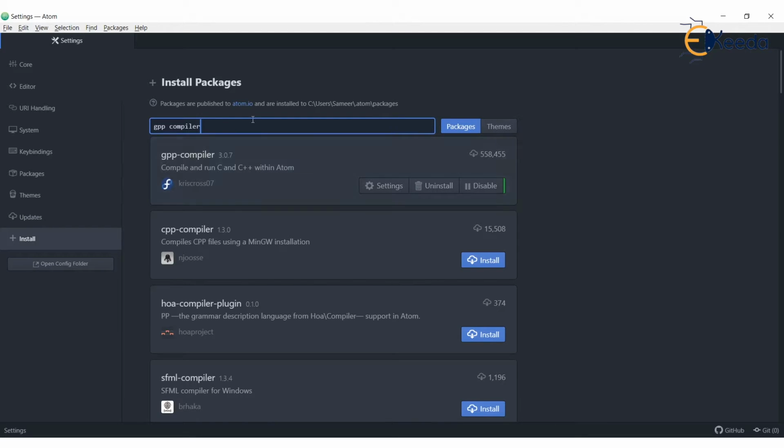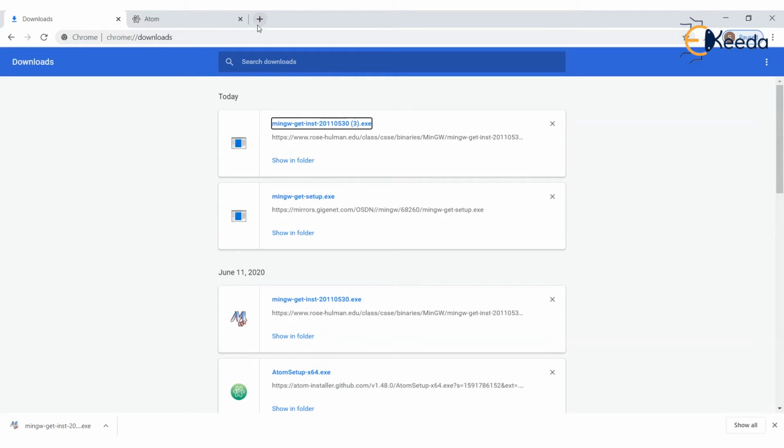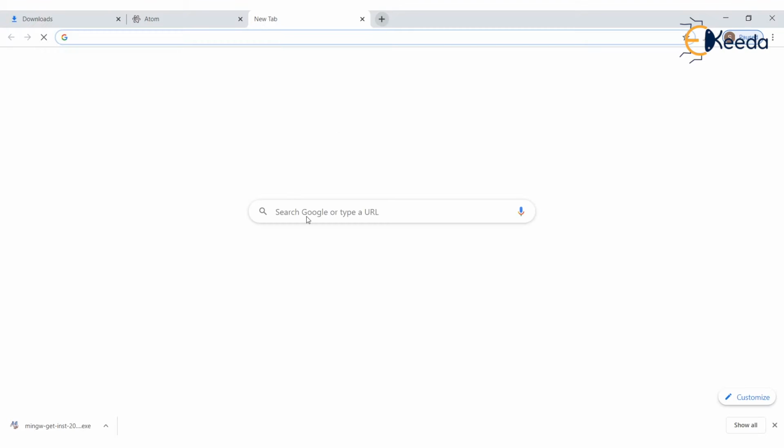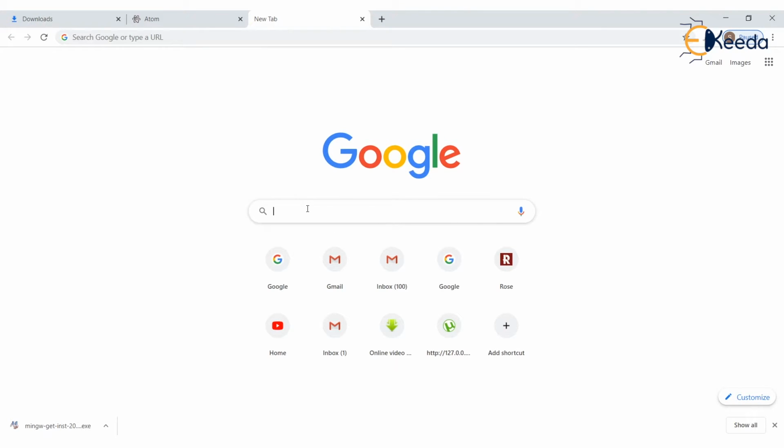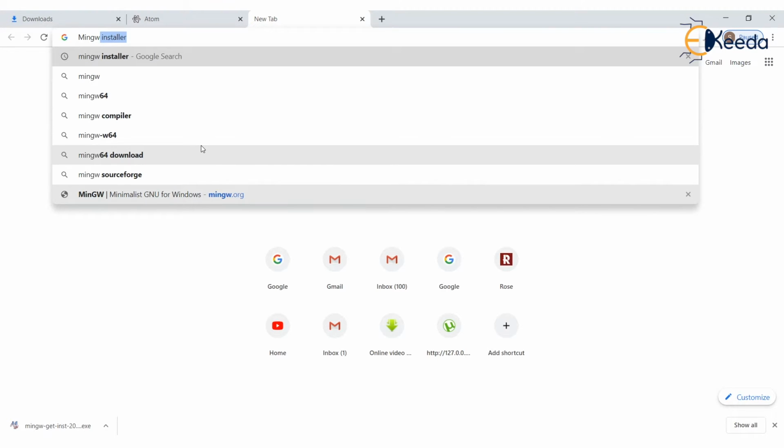Okay, once you have installed this GPP compiler, that's not all. To compile and run C programs, you will have to install something called MinGW also. For that, you again Google out capital M, i, n, GW, the installer.